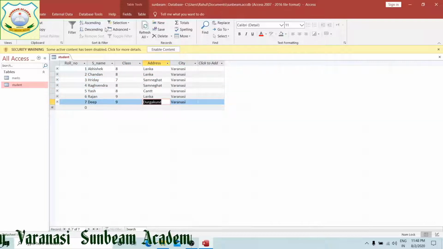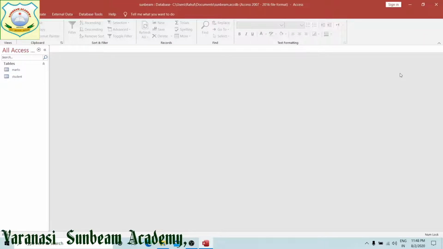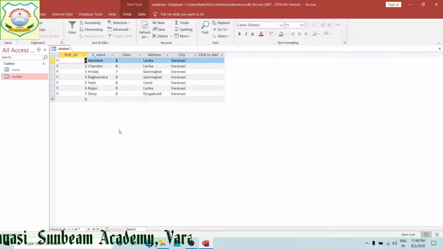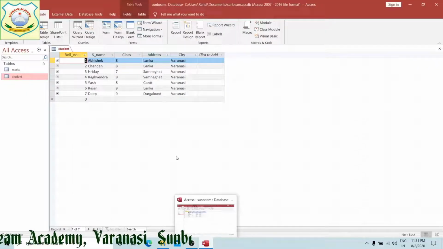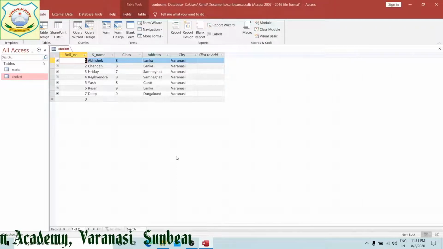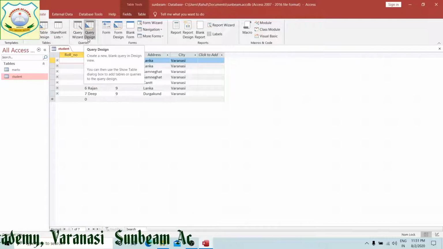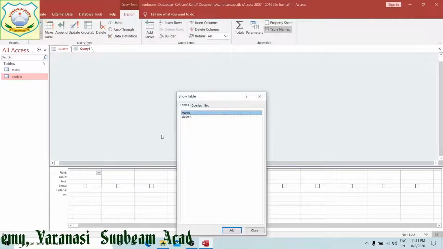Now what to do, we have done this one, we are going to create a query in design view. To create a query in design view, click on the create option. Into this, to create a query for this table, we will click on create. Under this query design you will see that whatever tables the database has, it will give you the list of the tables.